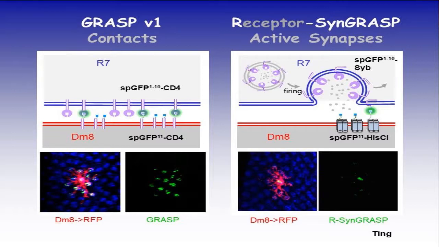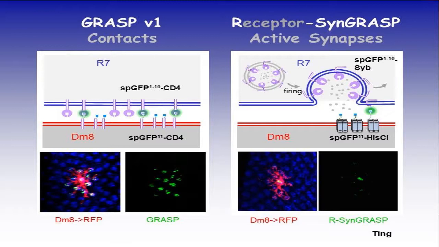Normally it is only present in the synaptic vesicle, and only during neural firing is it exposed onto the extracellular membrane, allowing it to interact with the other partner. The other half we also modify: instead of just a simple transmembrane protein, we hook it up to a neurotransmitter receptor, in this case histamine-gated chloride channels. So this allows us to determine whether the synapse is really onto a specific cell, using specific neurotransmitters.